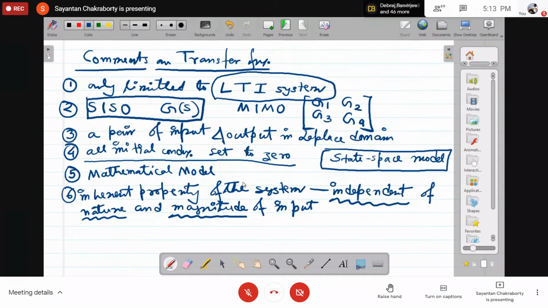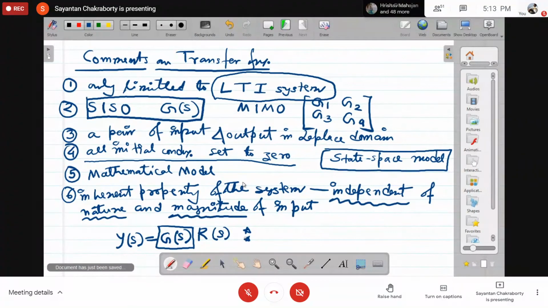That is, if you know the Laplace transform of the input signal, say R(s), then the corresponding output Y(s) will be simply given by G(s) into R(s). And this G(s) will be the inherent property of the system, and it will be completely independent of the type or magnitude of R(s), as long as the system lies in the linear region of operation. Okay. Now, following this equation, what you can say